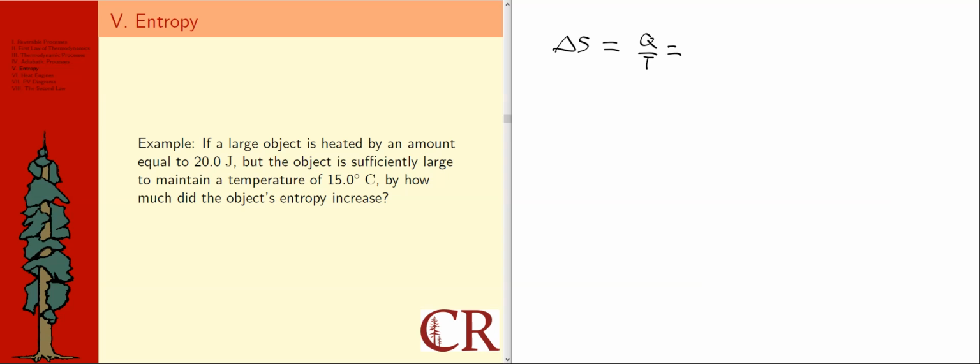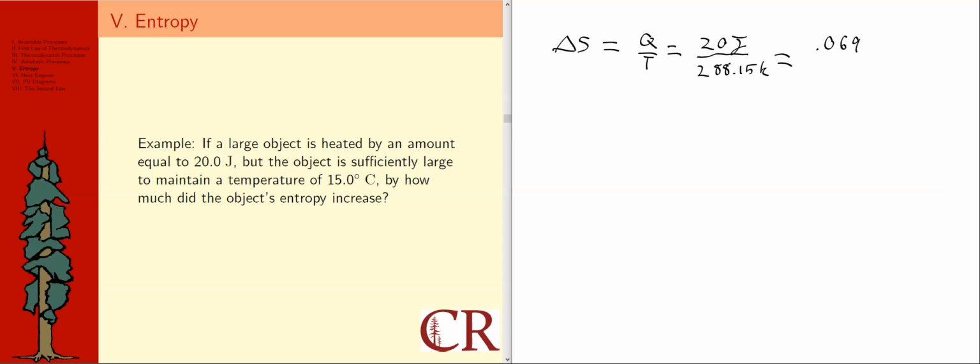So what that means is we can just plug into this formula the 20 joules that we're given for the heat. And then for temperature, that 15 degrees Celsius should be converted to, let's see, plus 273.15 would give us 288.15 Kelvin. And so then that is a number that I think most of us will want to turn to a calculating device on that, unless you really like doing arithmetic, I suppose. And my calculating device says